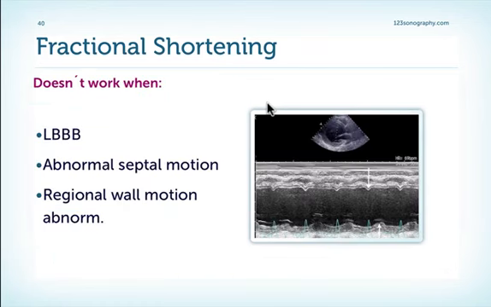There are a number of limitations of this method. Where does fractional shortening not work? It does not work if you have left bundle branch block. Why? Because you have premature contraction of the septum, and you have a contraction in the septum and the posterolateral wall at different time points. You have the same problem if you have abnormal septal motion due to other reasons, for example, right ventricular pressure overload or volume overload. And you also have to be careful in situations where you have regional wall motion abnormalities,